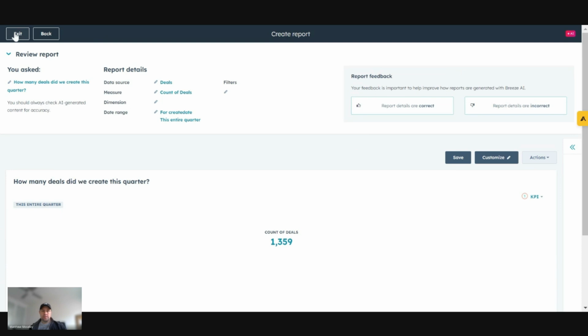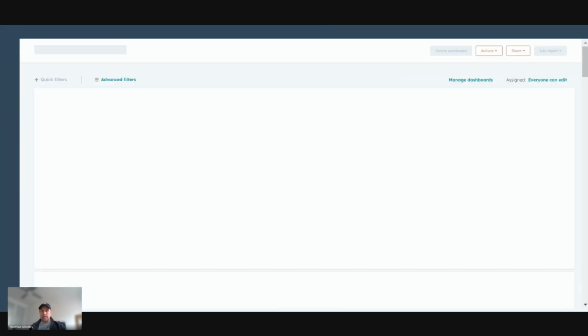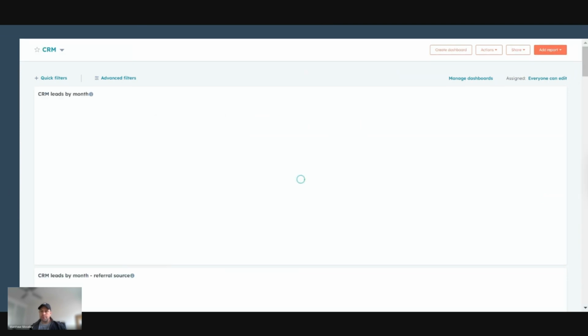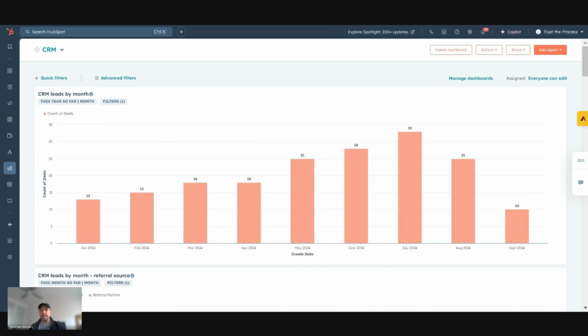So pretty straightforward. Like I said, as long as you know what data points you're actually looking at, that will save you 5 to 10 minutes of creating those reports. But I know, especially when we started, we were taking a longer time to get them done. But this is an area that you can have a play around with.